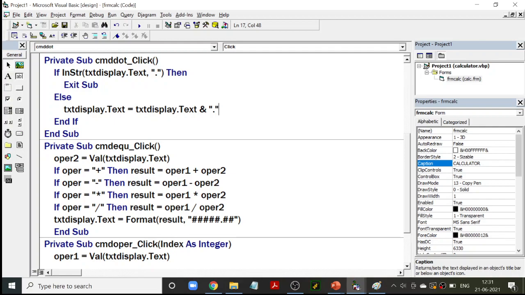Actually speaking, you can say text display dot text is equal to text display concatenate dot alone. You don't want any of these functions, provided you click dot only once. If you know that you're going to click only once, then this whole code is not required. This one line is enough. But there are chances that we may end up clicking it two times, so we are taking care of it